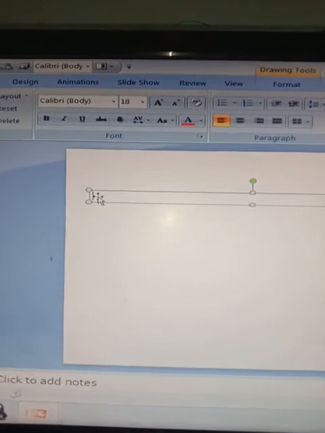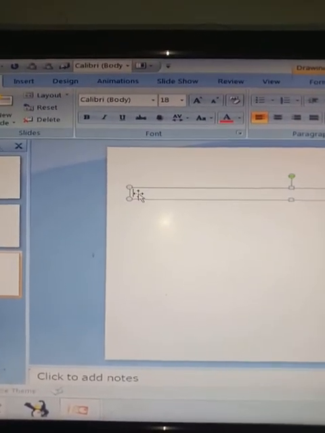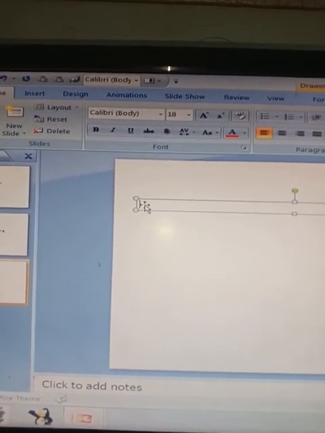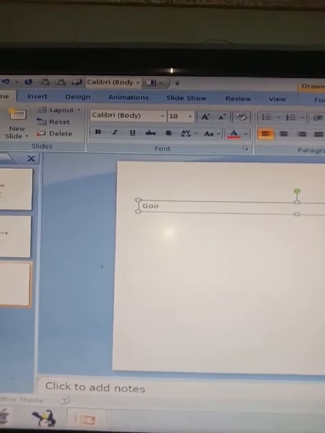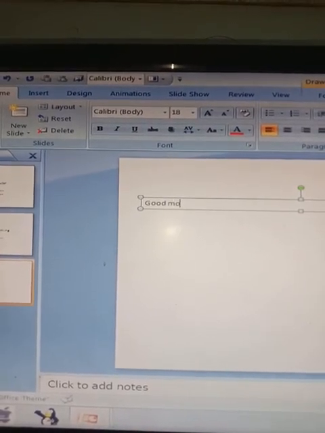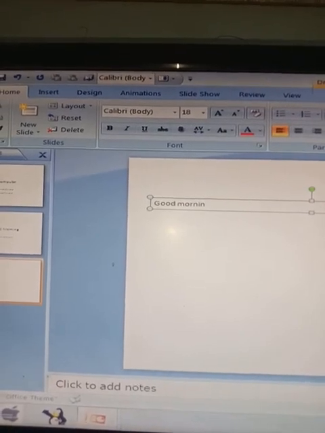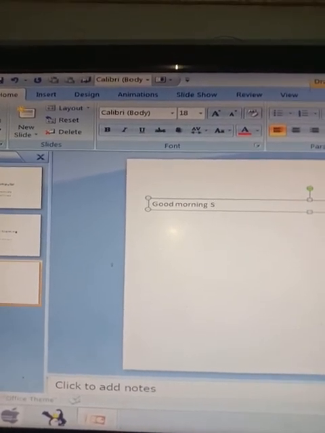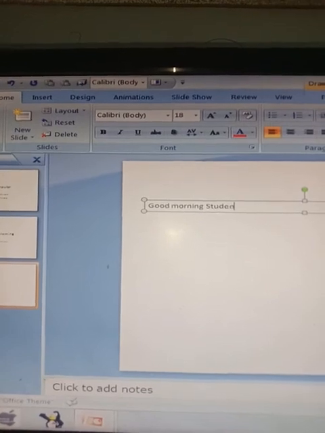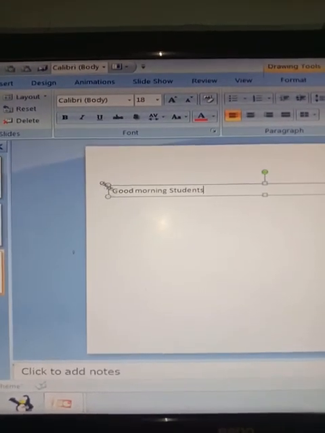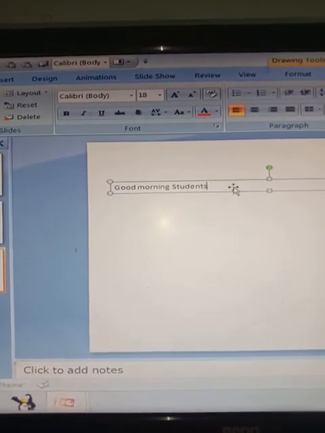Here you can type your text, like suppose I am going to type some text. So this is how I can type content in the text box.